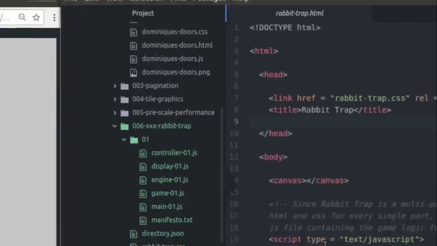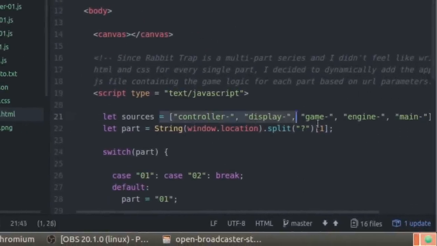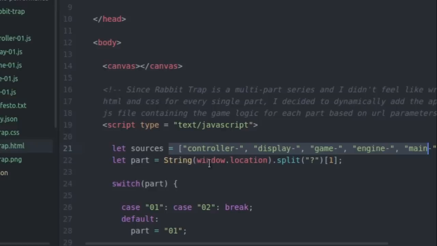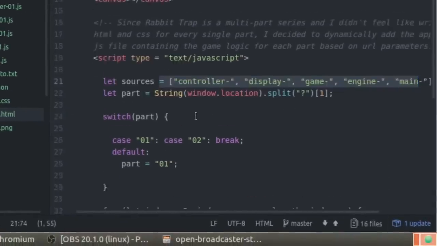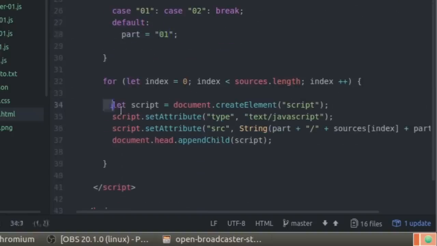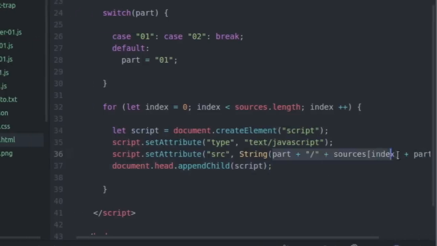And this big chunk of code in the middle of my HTML file is taking care of that for me. It defines all the sources I'm going to use, and that's just these files here. It gets the URL variable, or that part number from my URL, that 1 after the question mark, and then it checks to see if it's a viable part. If there is no part specified, it just sets it to part 1. And then it loops through and adds a script tag for every single JavaScript file in the application. So I'm always going to have controller, display, engine, game, main, and manifesto, which is just my script for the video. And I'm going to add a new script for each one of those, and I'm going to parse together